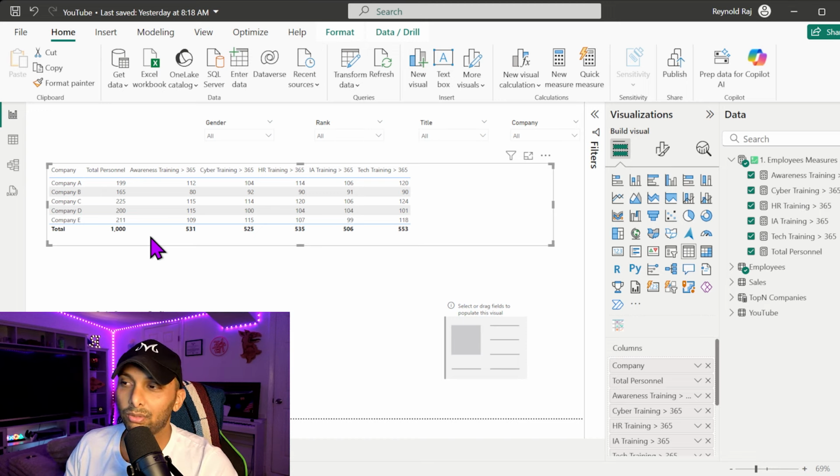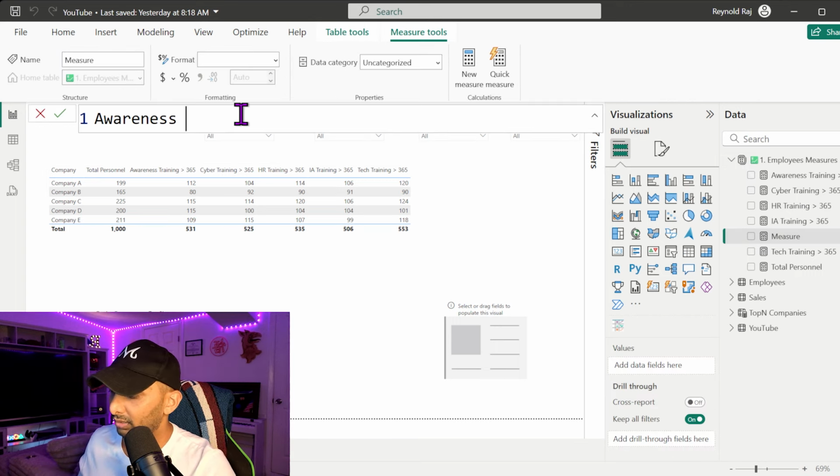So percentages provide a different layer of visibility and analysis, and it's easier to really digest information rather than looking at total population, especially if the population is rather large. So we're going to call this awareness training expired